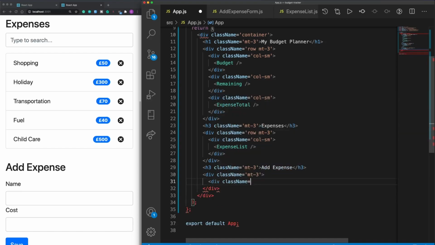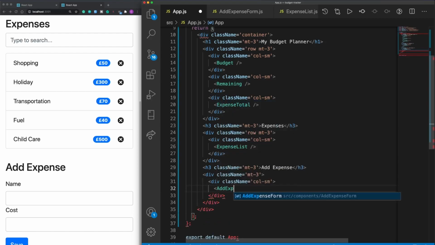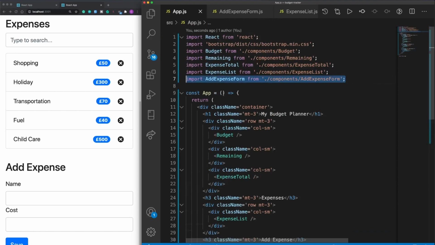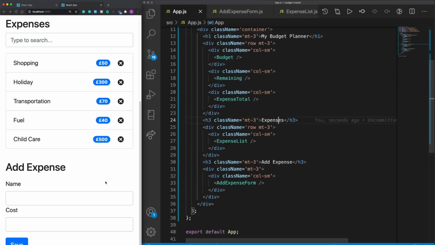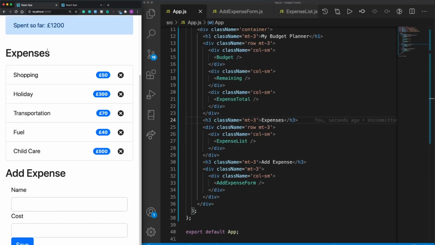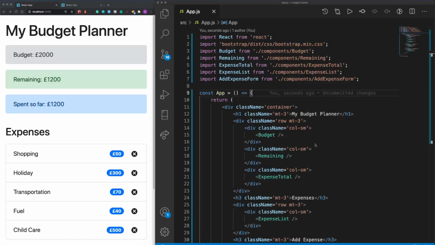So div className equals col-sm, and within this we will render our AddExpenseForm like so, and just double check that it's been imported, and it has. So now if we check our browser and scroll down, okay, so now that we have our UI elements in place,